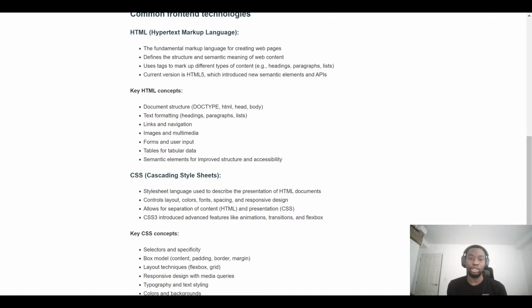It depends on what you want to do. But typically, you must have your head, you must have your body. That's what the structure of an HTML is. Now, let's move on to